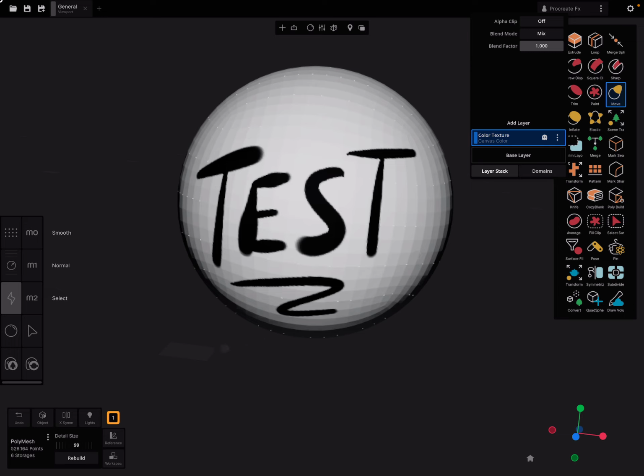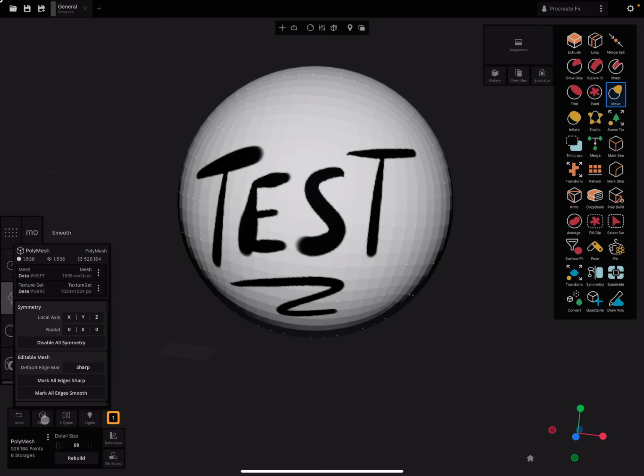But I don't know where the settings are, because here is now texture set 1024 and it